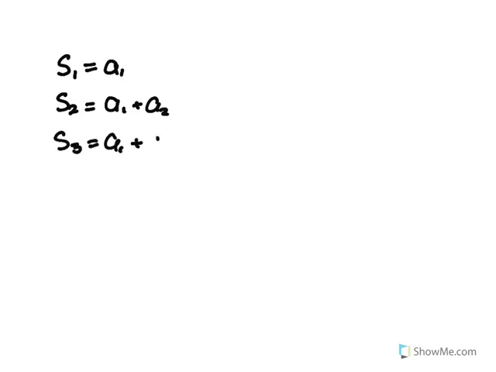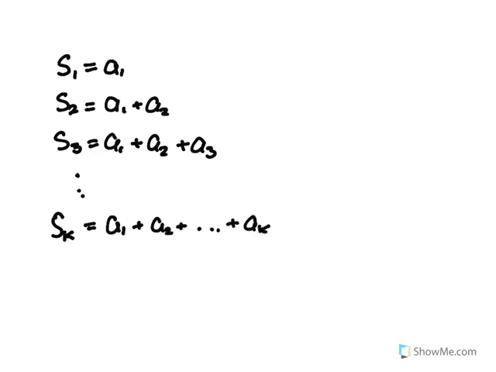So if I look at the partial sums, starting with S1, we see that S1 is just equal to a1, and S2 is equal to a1 plus a2. S3 is equal to a1 plus a2 plus a3, and so on, where Sk is equal to a1 plus a2